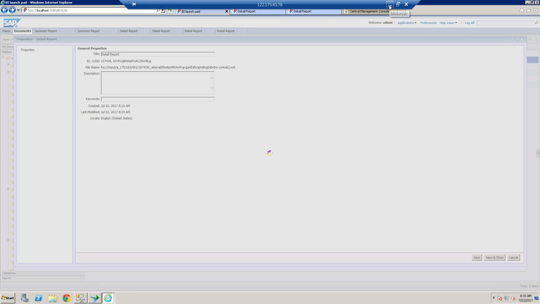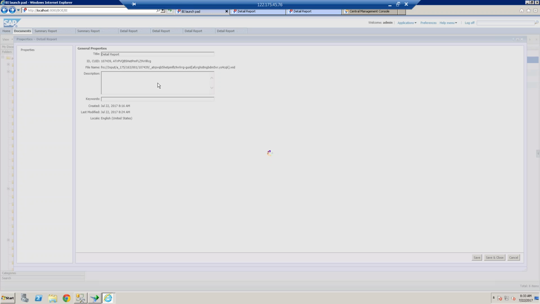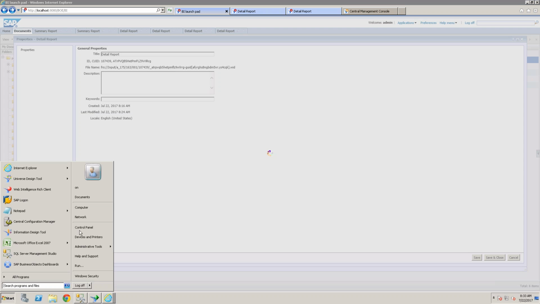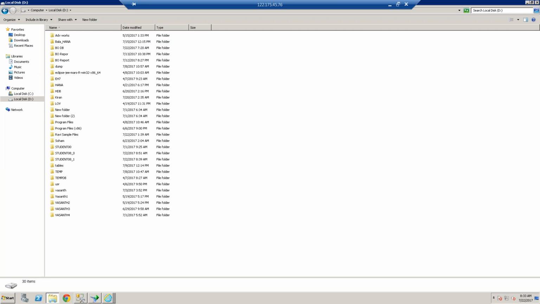Right? So whenever you create any report and save it into the public folder, it creates one CUID. With that CUID, it will identify where the report is located. Physically, the report is available in the BO folder. I'll show you where exactly that report is physically saved. It is saved in the Business Objects folder location.